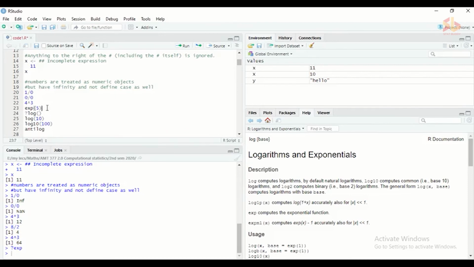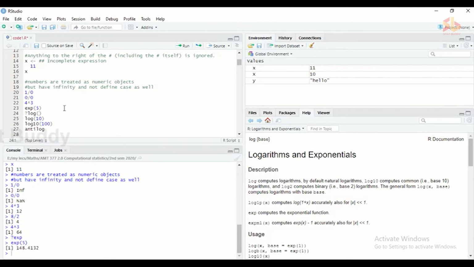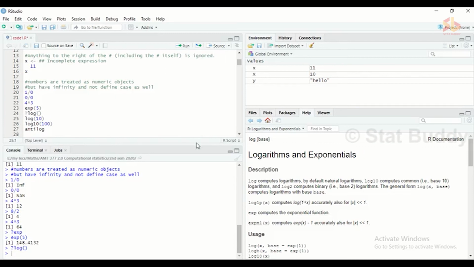So I need to get exponential 5. Then write exp(5). So it is 148.4.